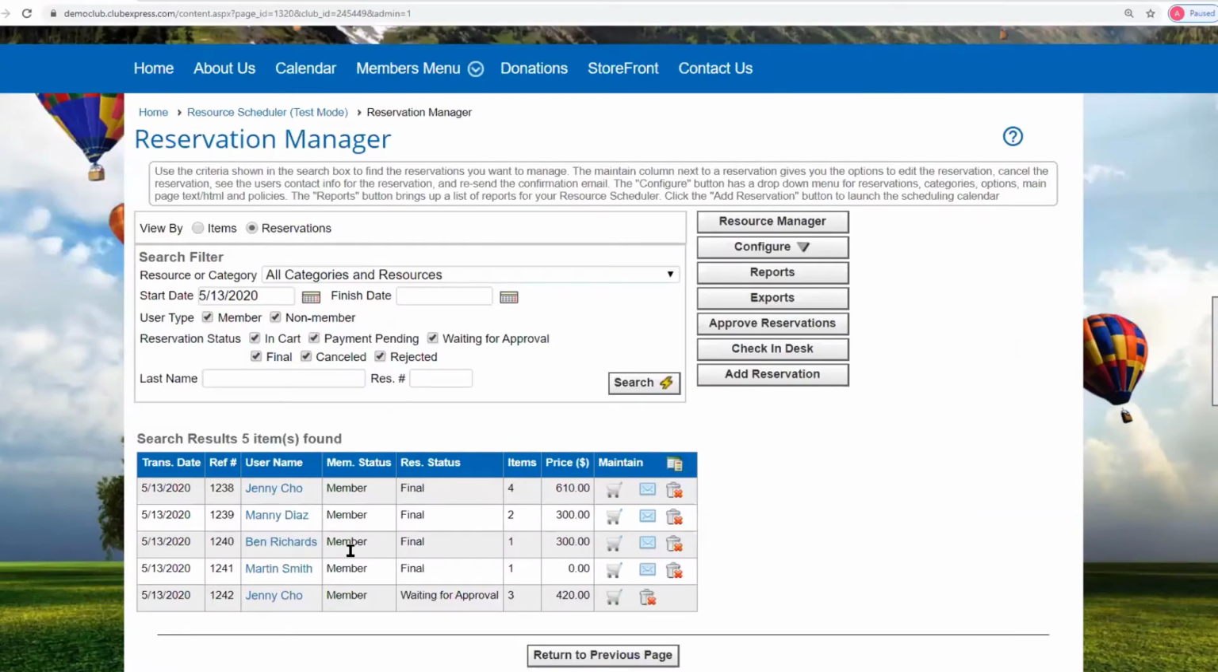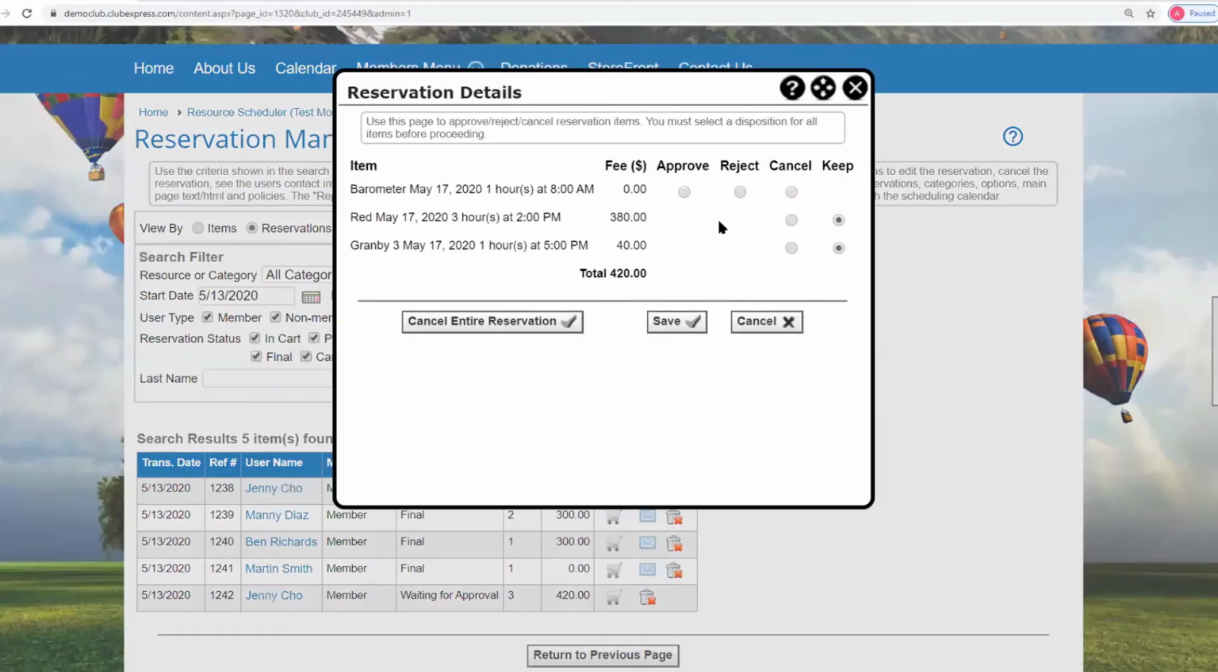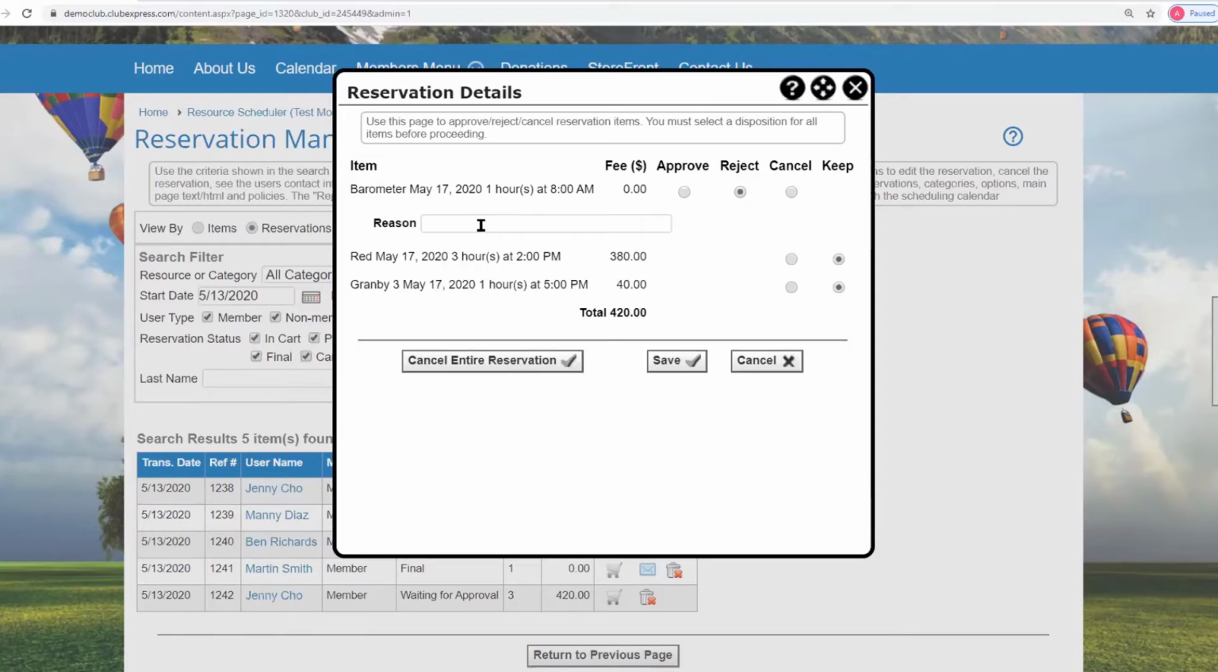And now when we come back, you'll see that the only one that's waiting for approval is this Jenny. And what I want to do is reject her barometer because she had probably inadvertently reserved it twice. So I'm going to reject this and say can't reserve twice in a month. So this will be sent to her as the reason why that particular item was rejected. If I wanted to cancel something, I could cancel it, but this one needed approval. So now when I click save,